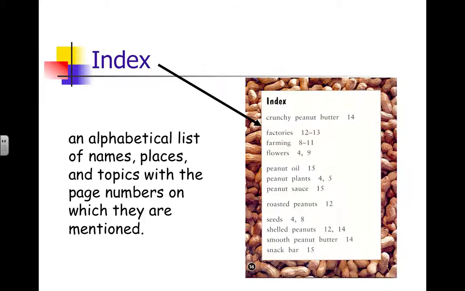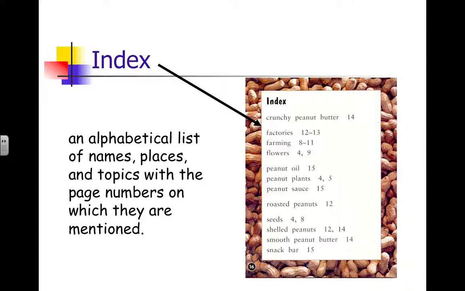The index is something that I know for me, I was way older than I should have been before I understood what an index was in a book. So an index is going to be found next to the glossary most often. It's in the very back of the book. And this is when kids can look up